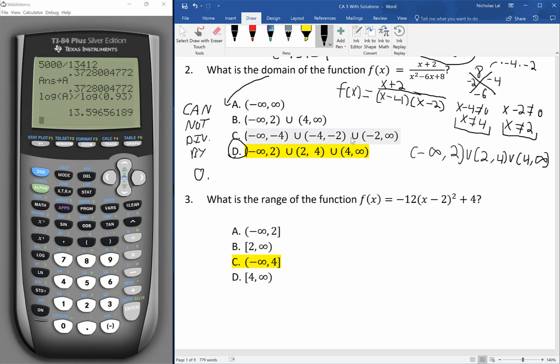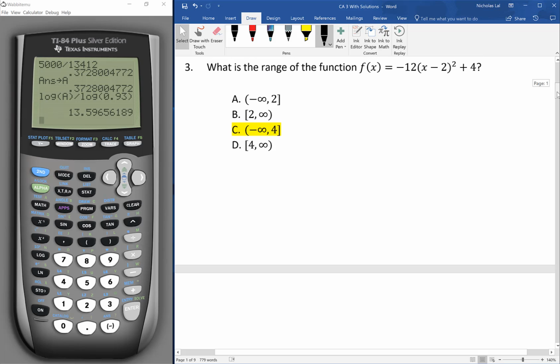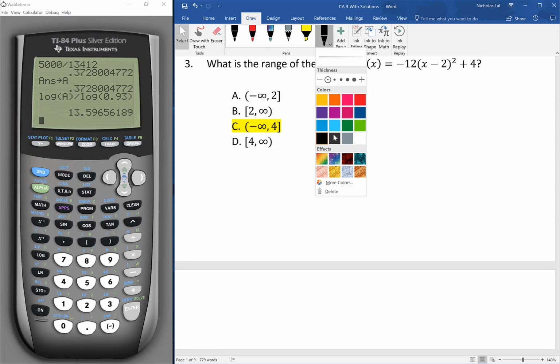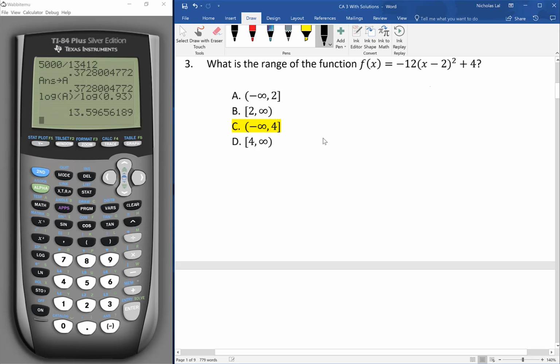So that is answer choice D. Moving on, what is the range of the function f of x is equal to negative 12 times x minus 2 squared plus 4? So the range of the function is going to be,